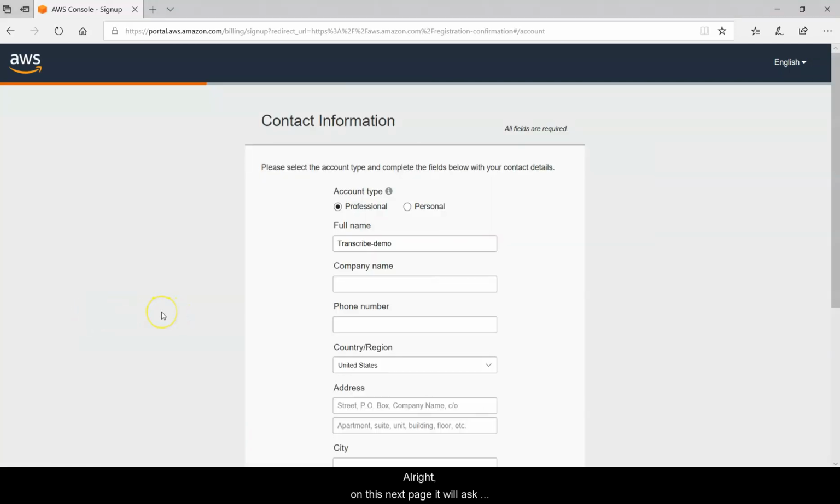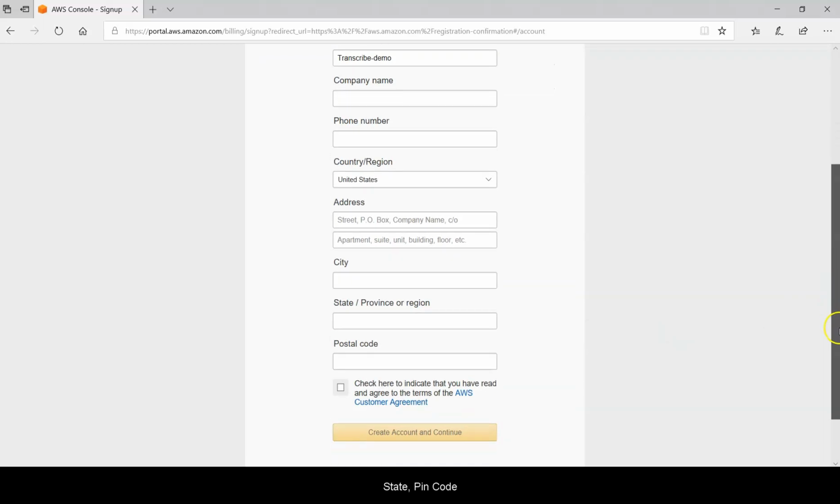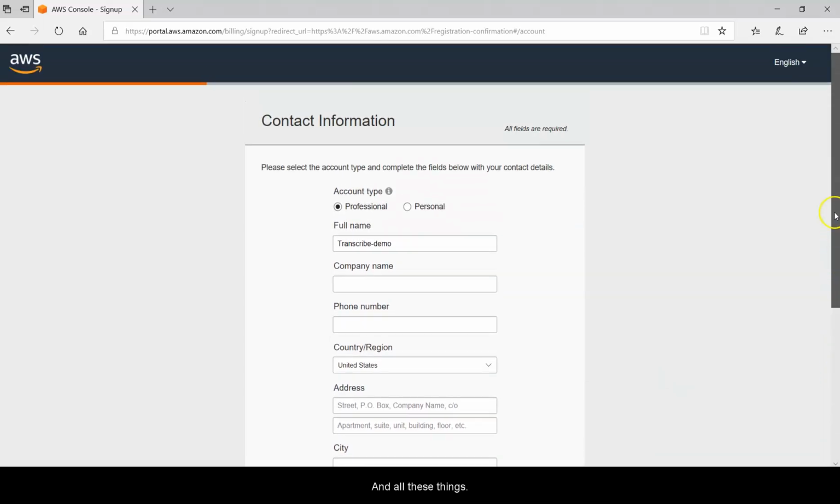Alright, on this next page, it will ask you to fill your contact information and whether you want to create a professional account or personal account. For professional account, you need to provide your full name, company name, phone number, country, address, state, PIN code, and all these things.